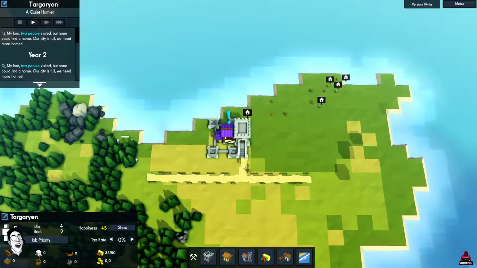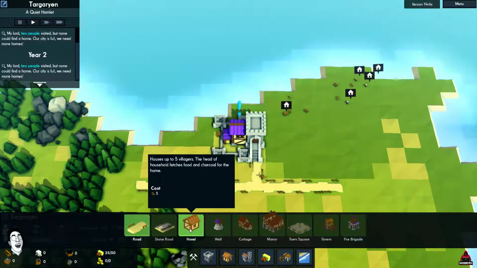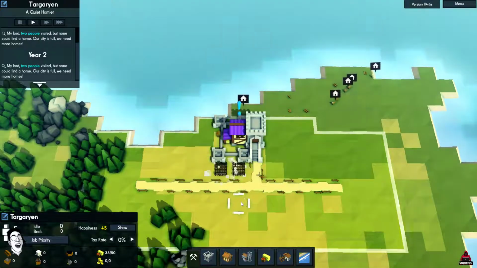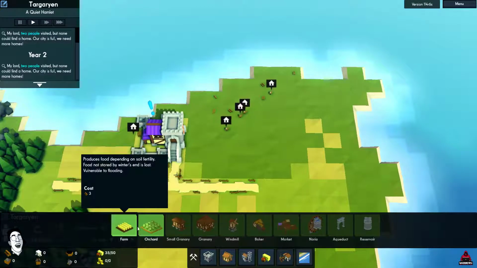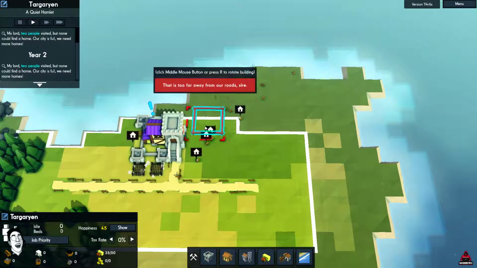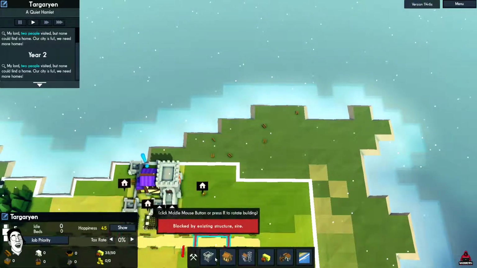Alright, year 2. 2 people visited, but nobody could find a home. Our city is full. We need more homes. Alright, no problem. We will be building you guys 2 more homes. And in addition to that, since you guys have been so good to our city, we should build